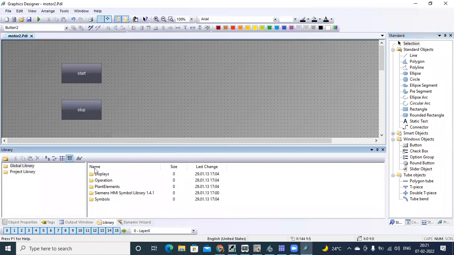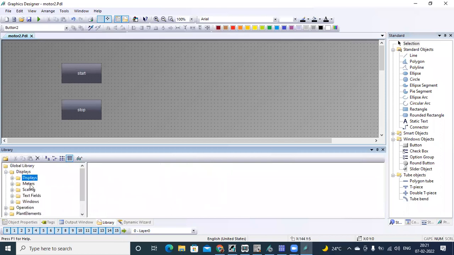This library has all your industrial symbols like displays, meters, etc. You need to select the preview option to see the symbols.